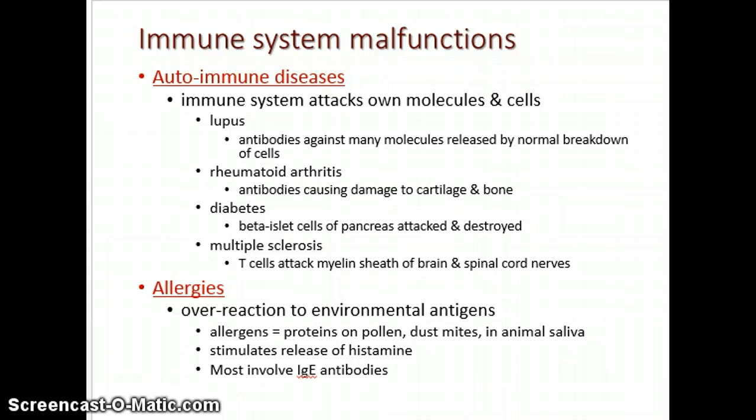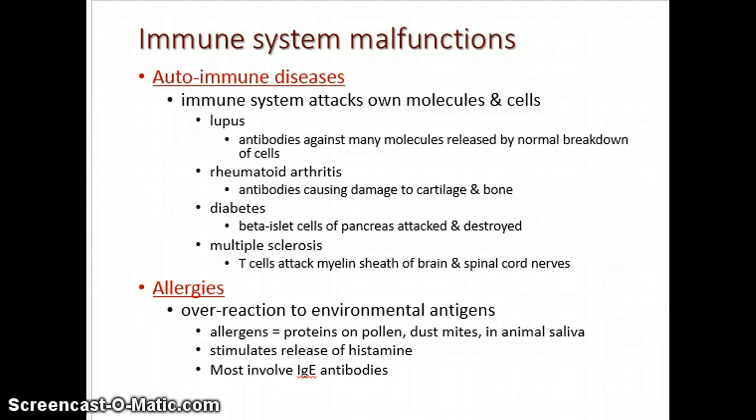Another overreaction of our immune system results in allergies. The one that we're all familiar with is hay fever, which means that our body is reacting in a very exaggerated way to proteins on pollen or dust mites, or something in animal saliva. All of these things are called allergens because they stimulate the release of histamine, and they